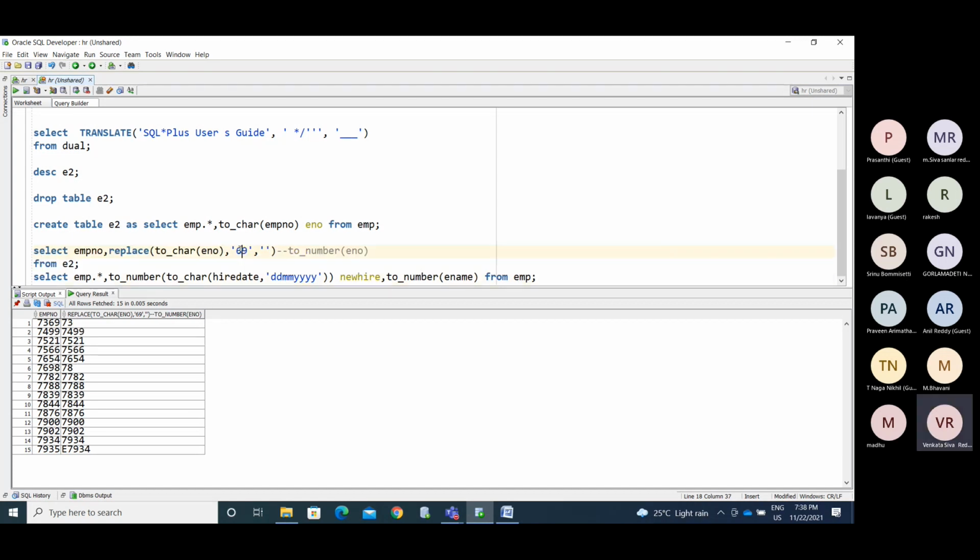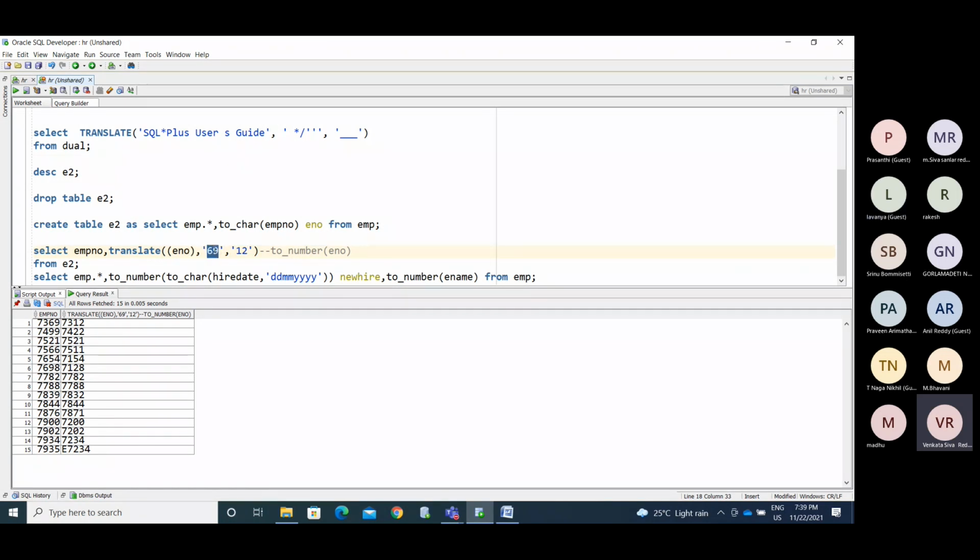69, it is replacing with null. So if we have E, now I'm trying to translate. Instead of E, we are replacing some value, correct, sir? It is not working.